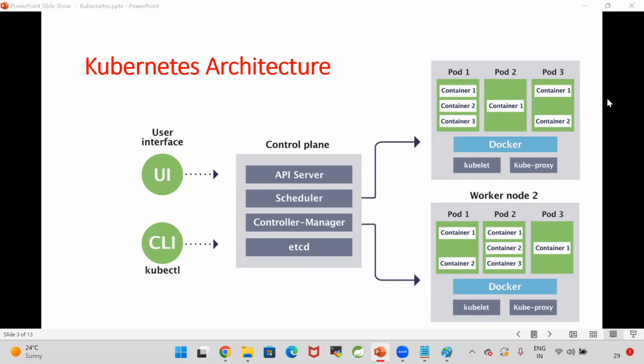This is the same case for containers also. It depends upon the capacity of the pod, how many containers can be placed inside the pod. Technically it is possible to place multiple, but generally one pod will have only one container. Multiple is possible, but we will keep one container inside one pod.